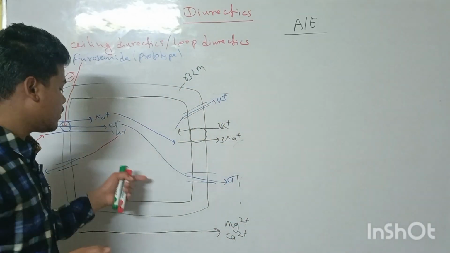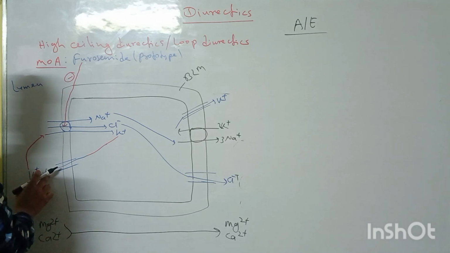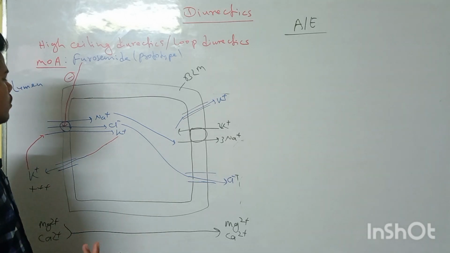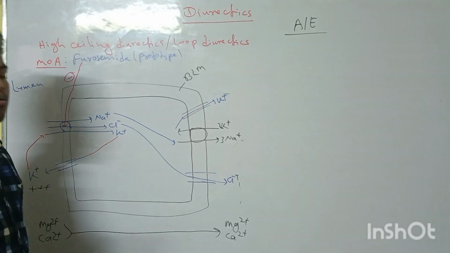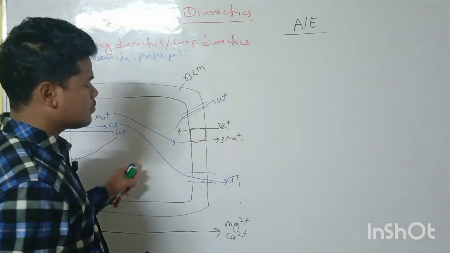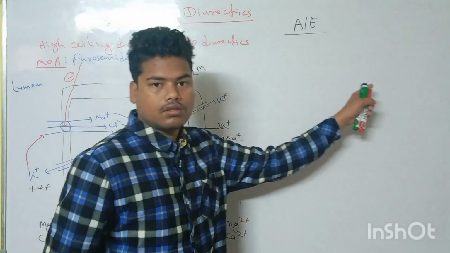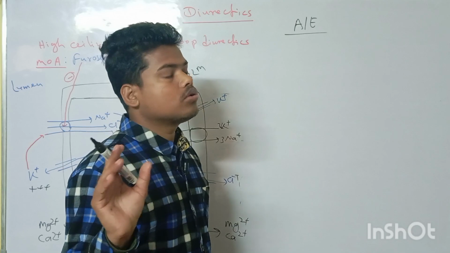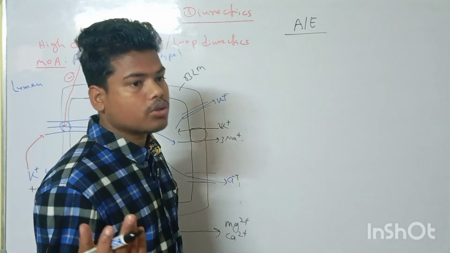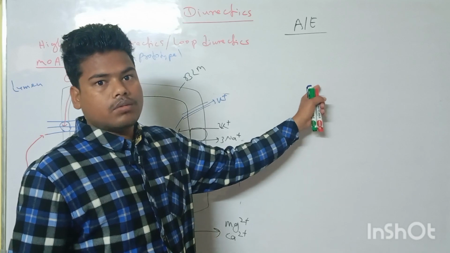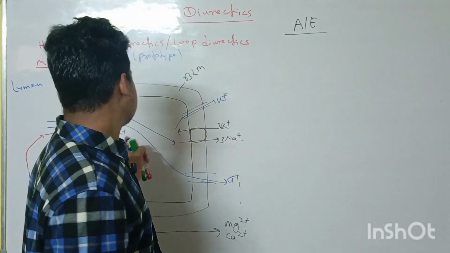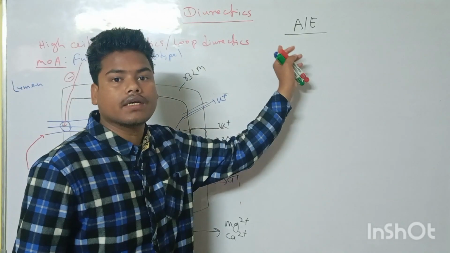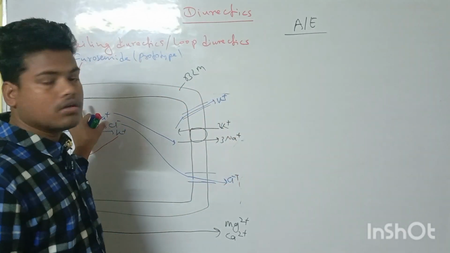Since you are seeing here, there is inhibition of transport of sodium, chloride and potassium, but mainly the potassium deficiency will occur. How? Since there is inhibition of this transporter, later on in the early distal tubule there is the sodium chloride symporter, that will be inhibited by the thiazides, medium efficacy drugs. Because this transporter is not inhibited by the loop diuretic, sodium and chloride will be retained later, and compensate some of the loss,